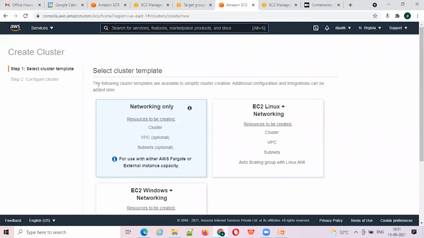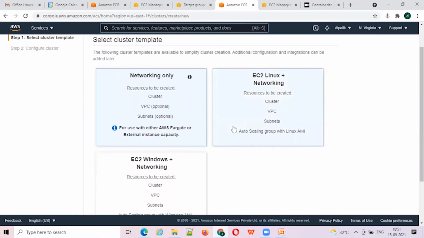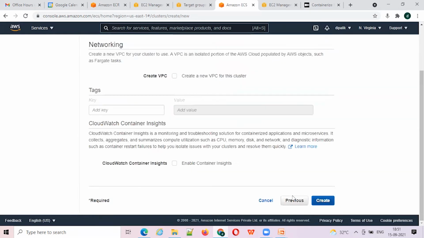Here you will see different options. This one is network only, which is meant for Fargate applications. But if you are using EC2 instances, then you can choose any of these for your Linux or Windows instances. So we will go ahead with this Fargate option.